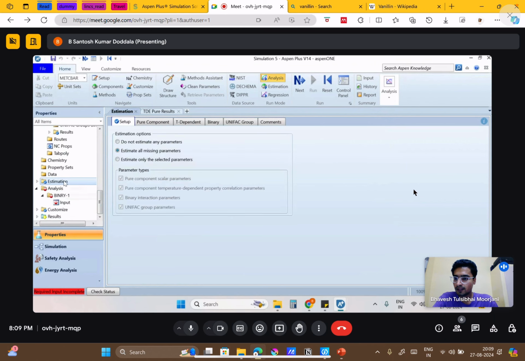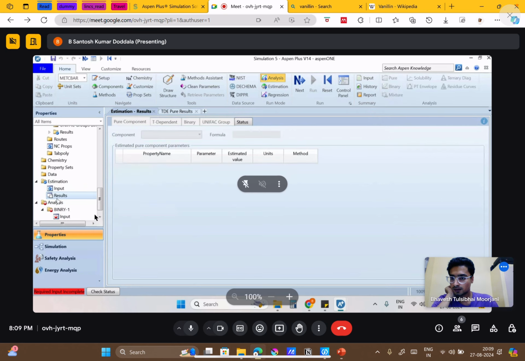Click that folder, the small triangle. Yeah. And input. Click on input. I think it doesn't have any result. TDE pure data. Can you search for TDE pure result?